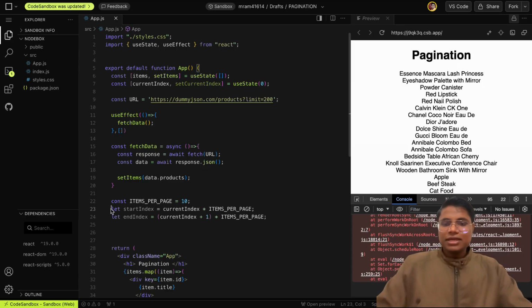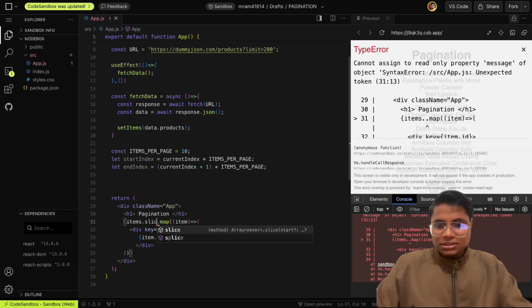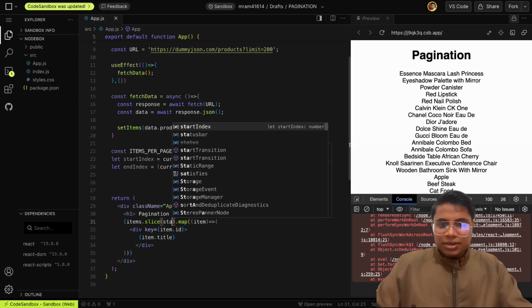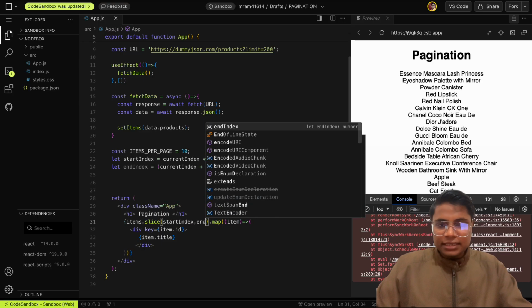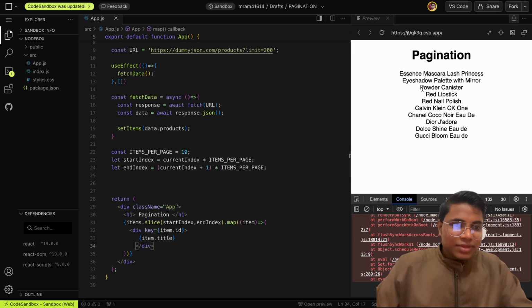Okay, so now we have the start index and the end index as well. Now we can simply do the slicing. For that, we can call items.slice, passing the start index and the end index here. Like we can see, we are getting 3 3 6 and 6 4 10. So now we can see that we are getting 10 elements here,